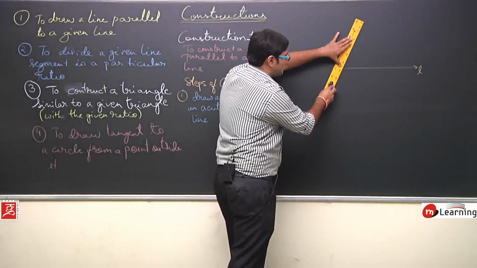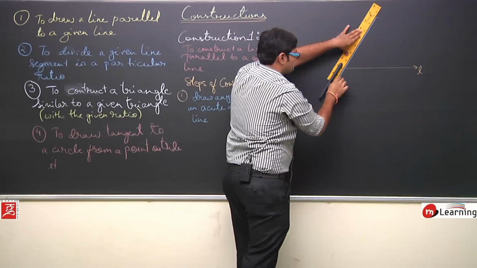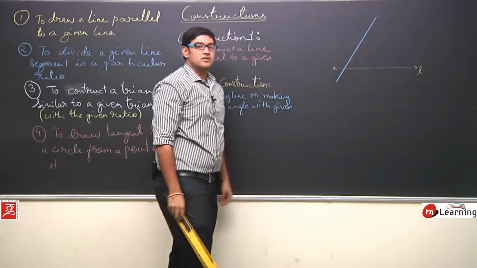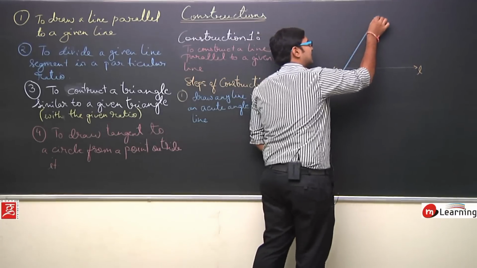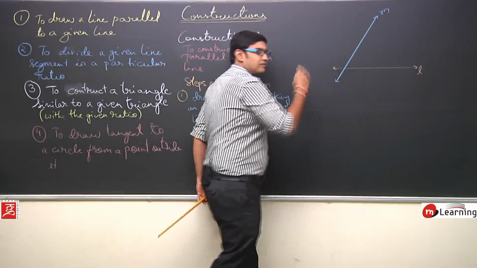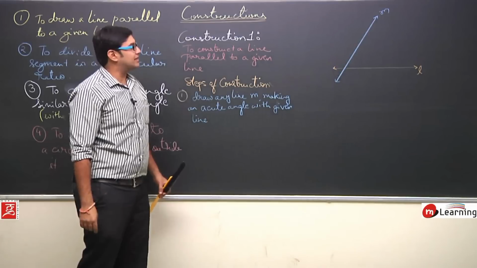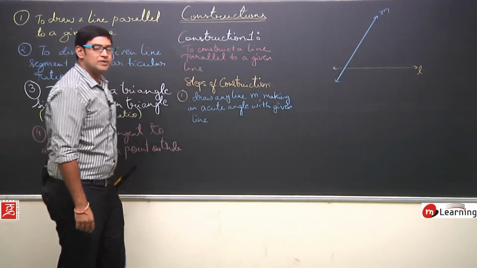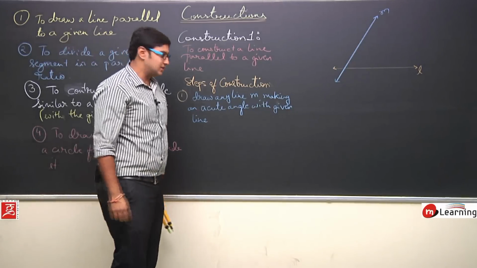So how will I draw an acute line? Like this. You can see this line, let us say line M, and you can see this line is making an acute angle with line L. Now, what should be the next step? In the next step, what I will do is